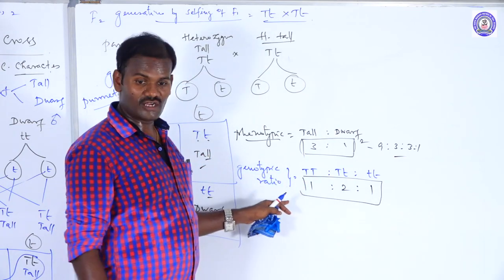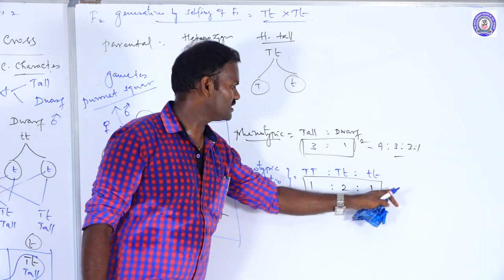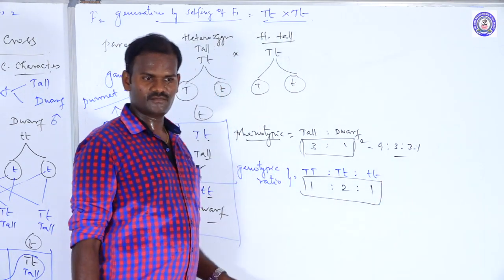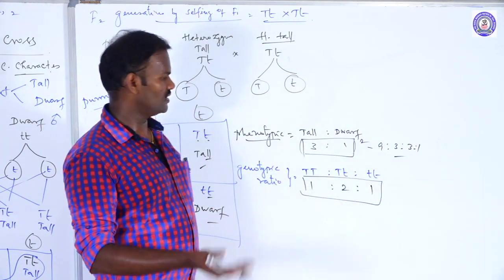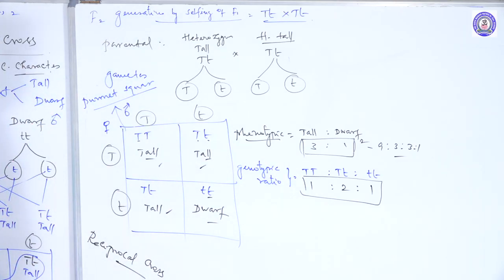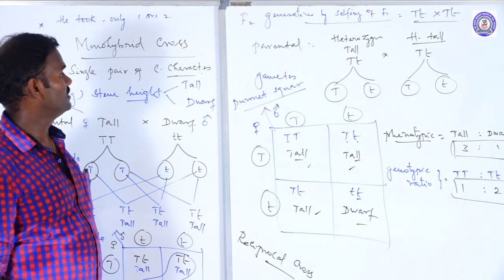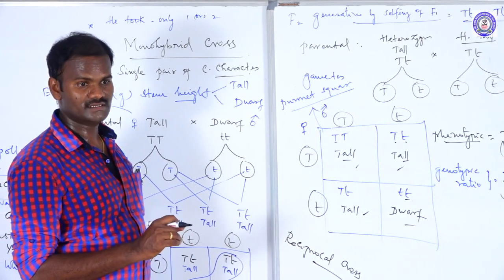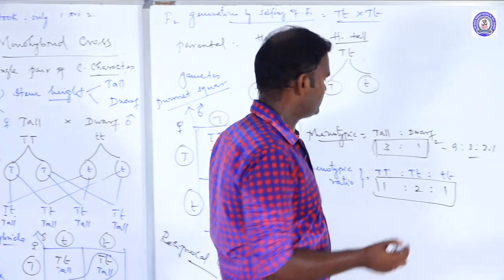What is the dihybrid cross genotypic ratio? Whole square, 1:2:1. I mean, cross with 1:2:1. In trihybrid cross, again cross with 1:2:1 is going on. Okay, so these are the dihybrid cross and monohybrid cross. But at the end of the monohybrid cross, Mendel proposed two laws. That is the conclusions of monohybrid cross.